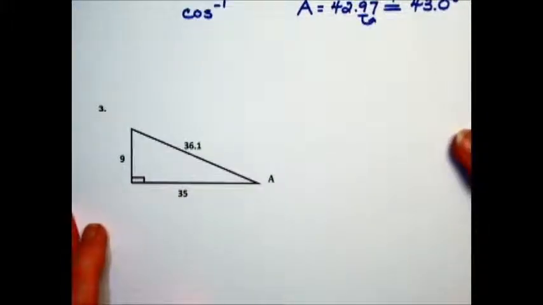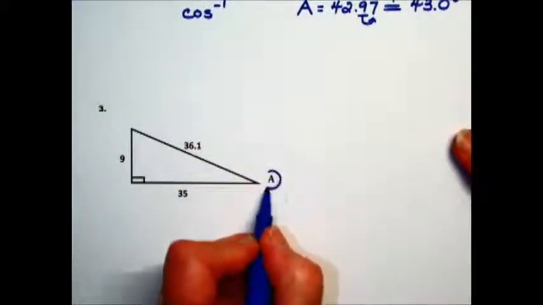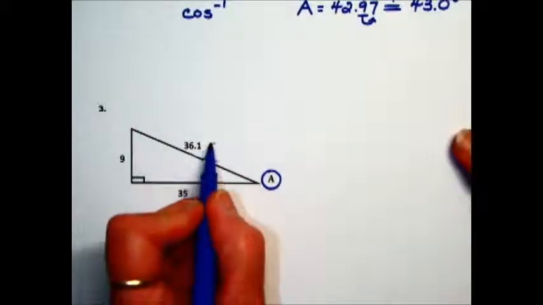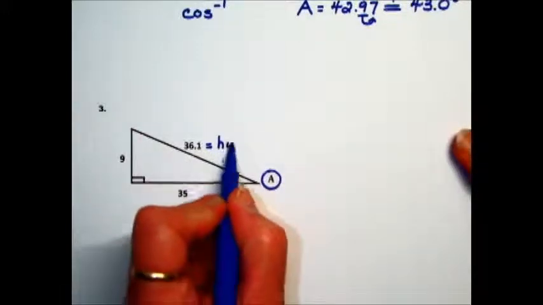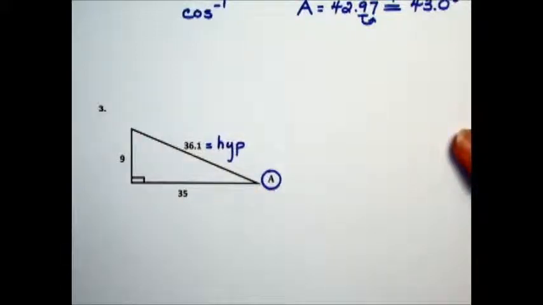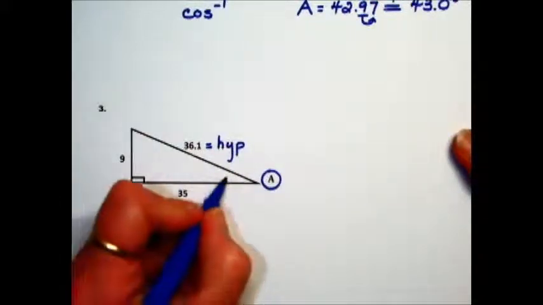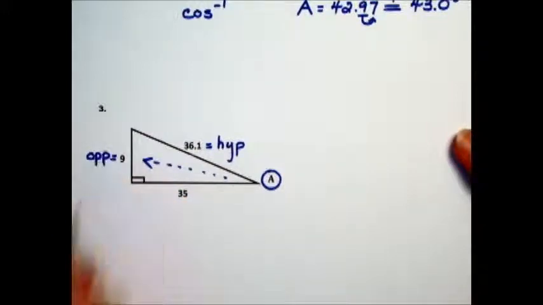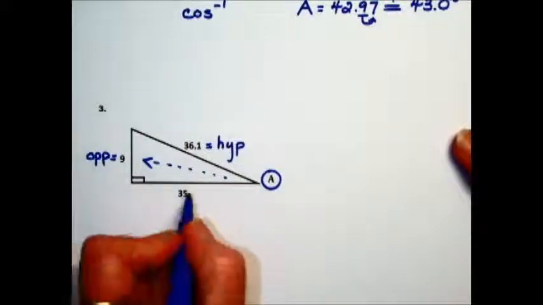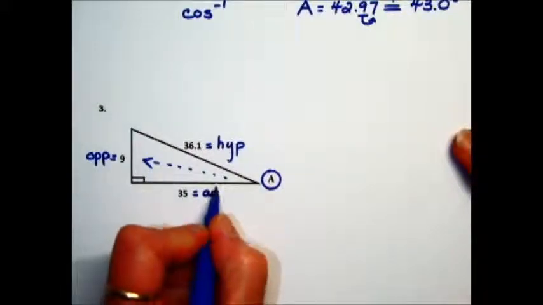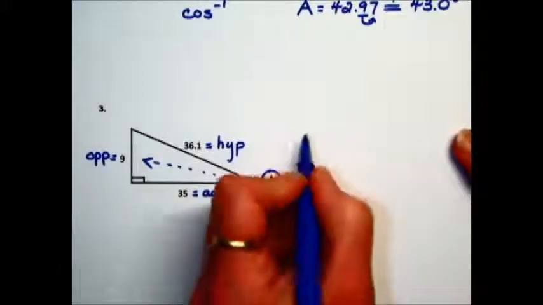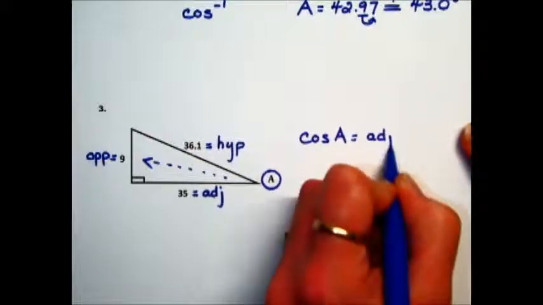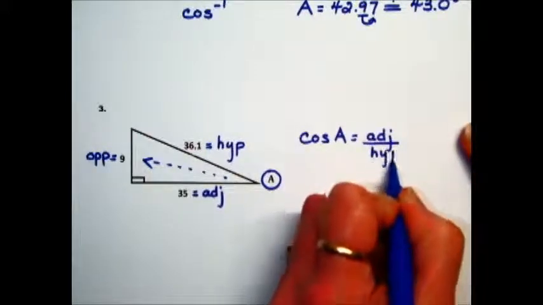Problem number 3, we're trying to find the measure of angle A. We'll use that as our reference angle. Labeling the sides, always starting with the side opposite the right angle, the longest side we call the hypotenuse. With A our anchor, that means this side will be designated as opposite, and the third side, then, we will label the adjacent. Using the cosine ratio, which is the adjacent side length over the hypotenuse in a right triangle,